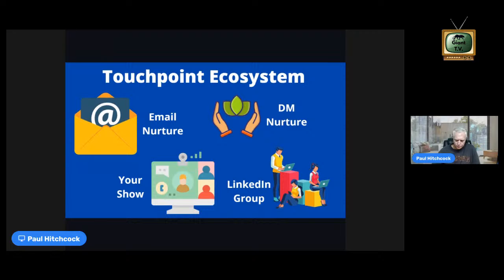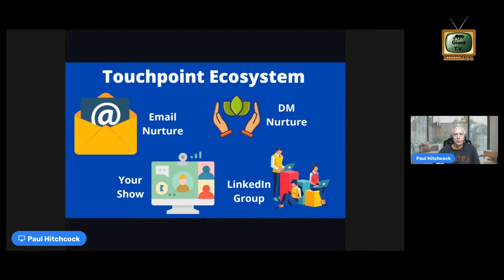LinkedIn group, I like groups. LinkedIn keeps trying to play around with groups, but done the right way, you can have a group, invite specific people to the group, and post specific content to the group where they'll get notified on stuff you're doing. So hot prospects can go into a LinkedIn group, and I look at it less as where I'm sitting there managing the group all day long and trying to get people to engage.